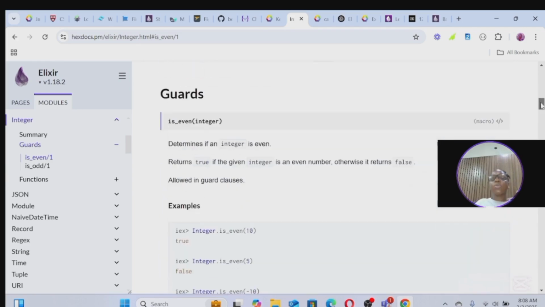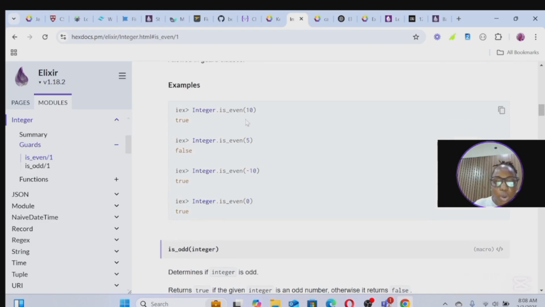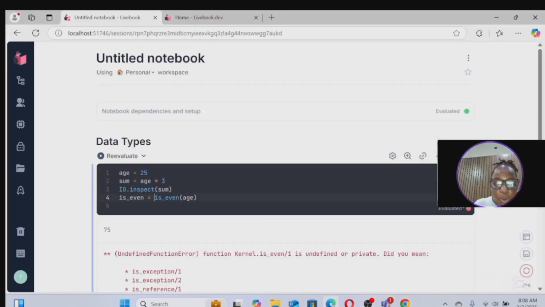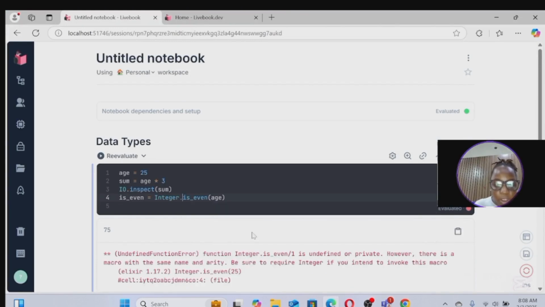A module is a bundle of functions. In Integer there are a lot of functions inside the module that you can use to know if a number is even or odd. That's why when we used it alone, we got it wrong. Now let's call it the proper way by calling the module. It's a kernel module, so we don't have to import it or anything. So when we run it, we get